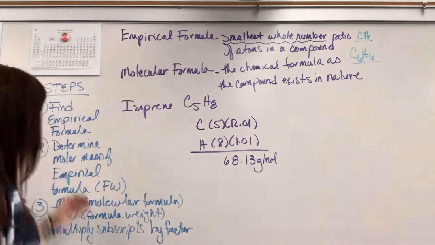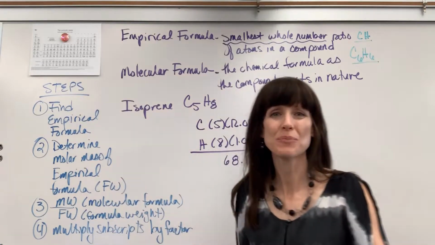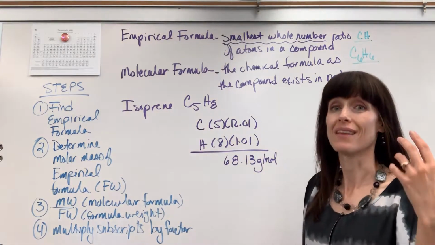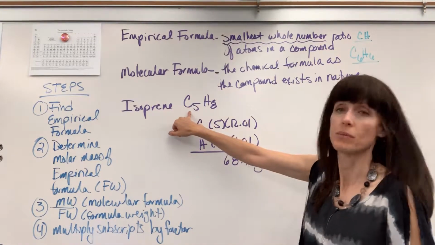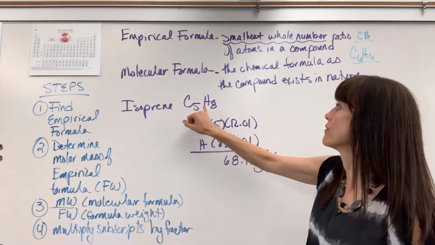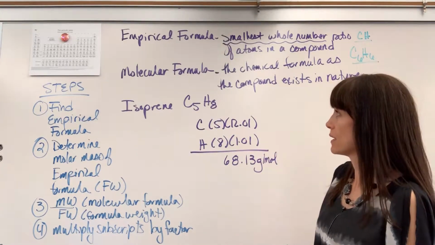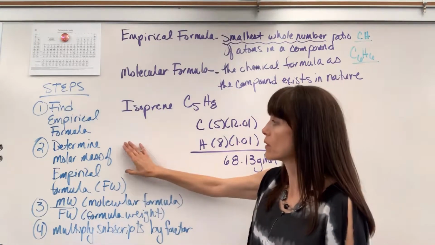So I have our steps written out. Number 1, find the empirical formula. I'm actually using isoprene from the last video for empirical formula. Isoprene, we determined the empirical formula is C5H8. Now, the second step, after we've done all that empirical formula, is to determine the molar mass of the